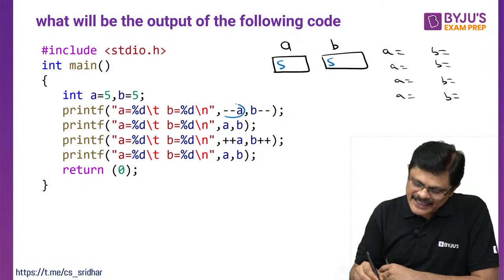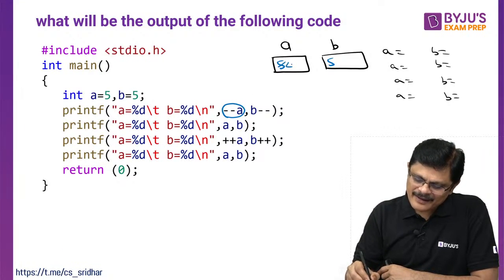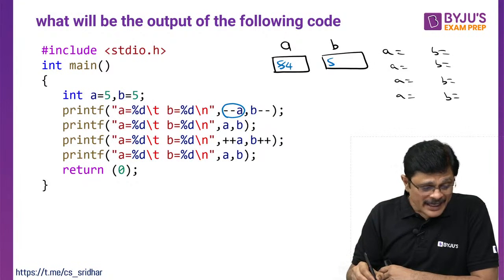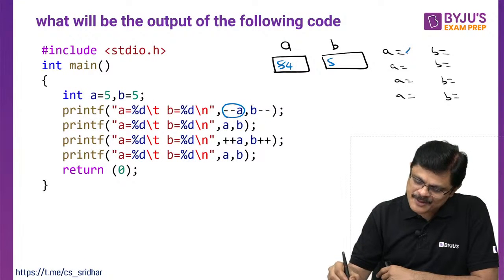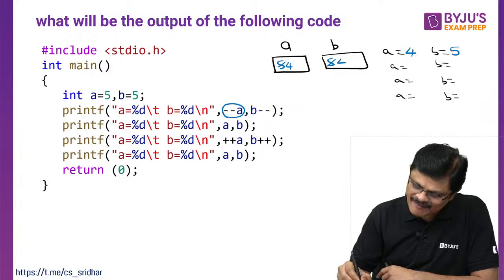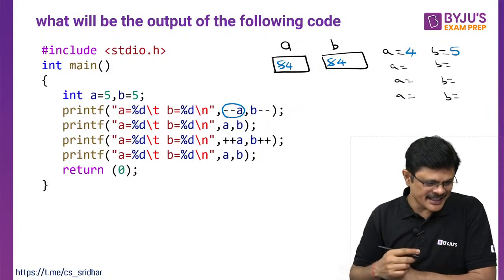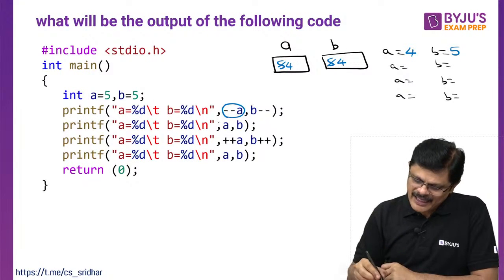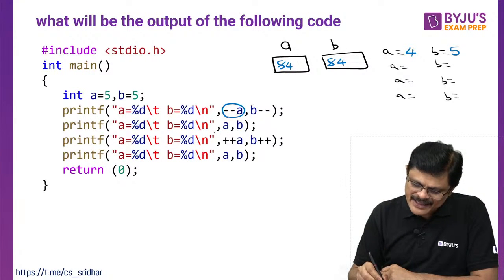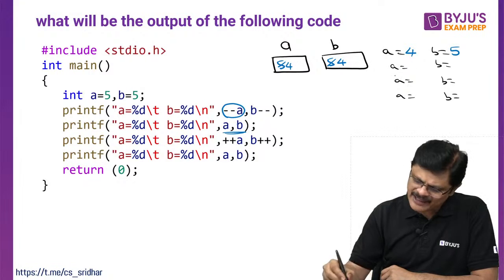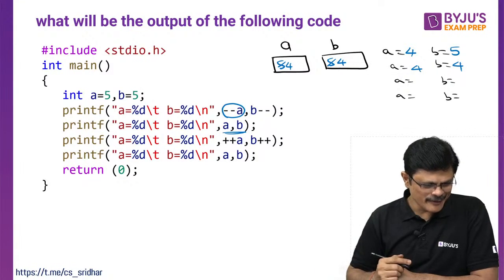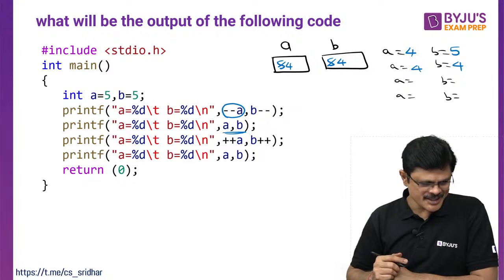First, the value of A is decremented. B is used and they are printed. The decremented value is printed, but B is printed as it is, then it is decremented, my dear friends. After printing, it is decremented. Very good. And now what is the current value of A and B, sir? Here you have not done anything, just A and B. Current value of A is what? 4. Current value of B is 4, my dear friends. Very good, Tanmoy. Ashpreet, you people are rocking. Very good, super, sir.